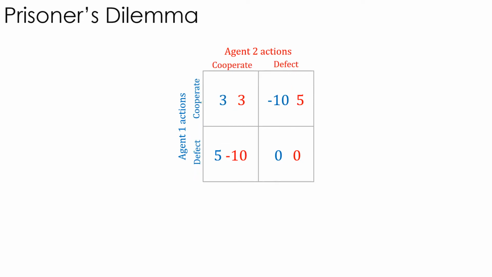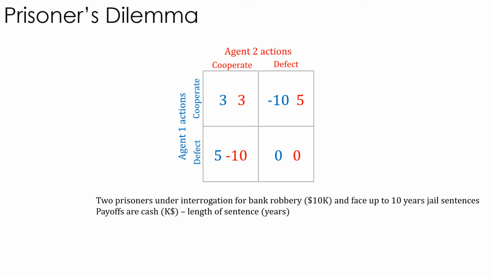This is another game called the prisoner's dilemma problem. Two prisoners, agents 1 and 2, are under interrogation for bank robbery of $10,000 and face up to 10 years jail sentences. They can either cooperate or defect. By cooperate, we mean they confess to the cops, and by defect, they blame the other prisoner of the crime and